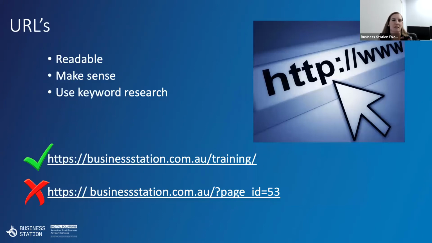First of all, readable URLs I mentioned. This is something that you would definitely consider. So see here, you've got businessstation.com.au/training. That would suggest that that page was about training, whereas you might have a content management system. As you create a new page, it just codes it, so page 53 in this case. So that is bad. This one is good. So again, use your keyword research. If the term that you're trying to rank for is training Perth or Perth training, that's what the URL would say as opposed to just training. So absolutely use the name of your URL correctly from an SEO perspective.